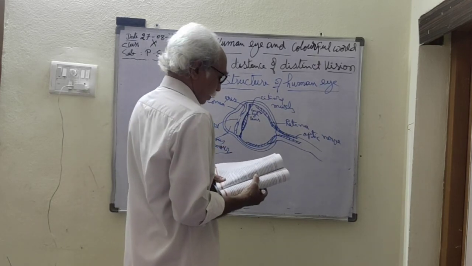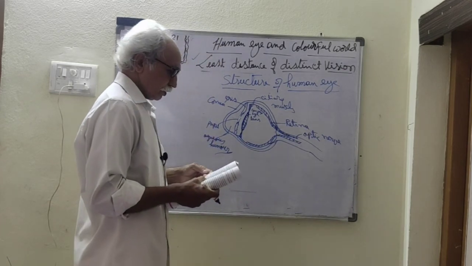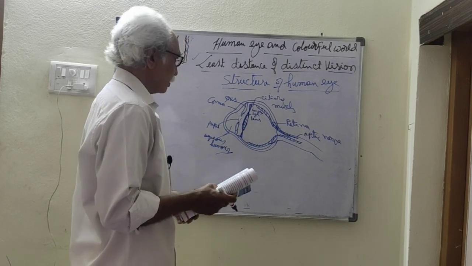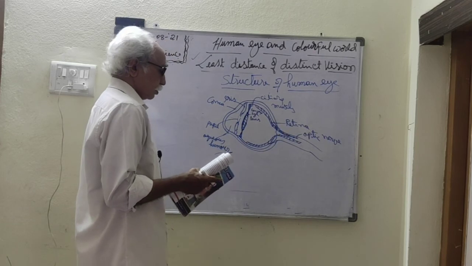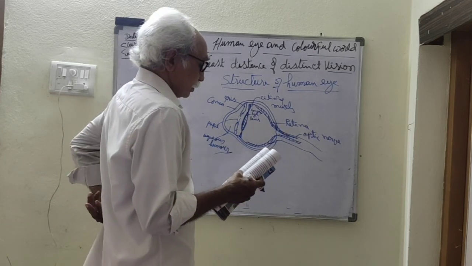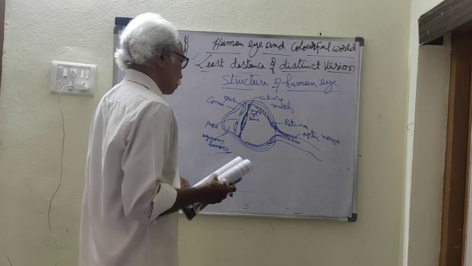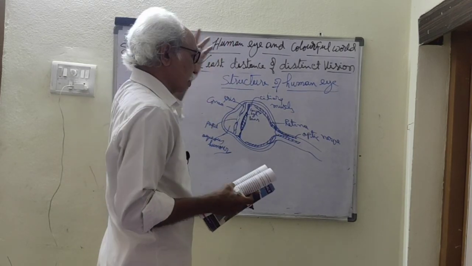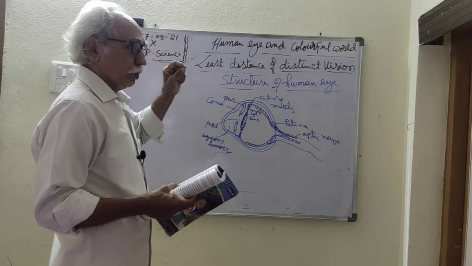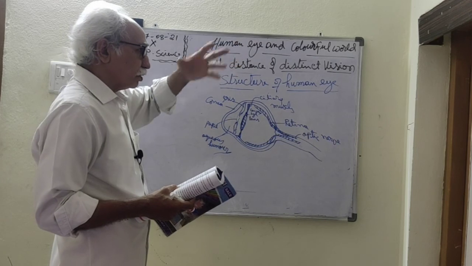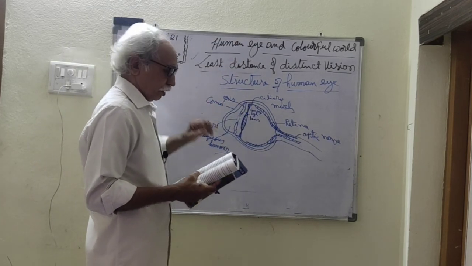So these are the important things. The first point is that the human eye is one of the important sensory organs. It enables us to see the objects and colors which are present around us. There are so many objects in our surroundings, with different colors, different sizes, different shapes and different activities. All these things we are able to observe just because of this important sensory organ, the eye.